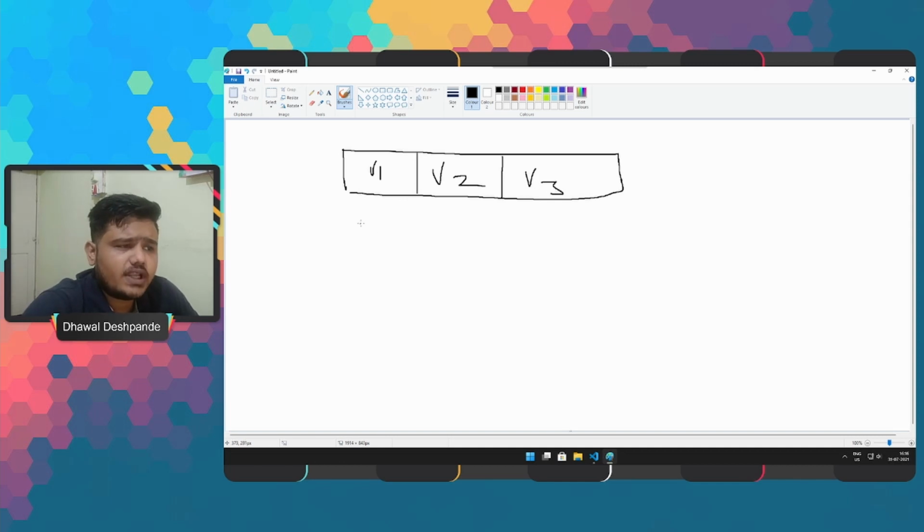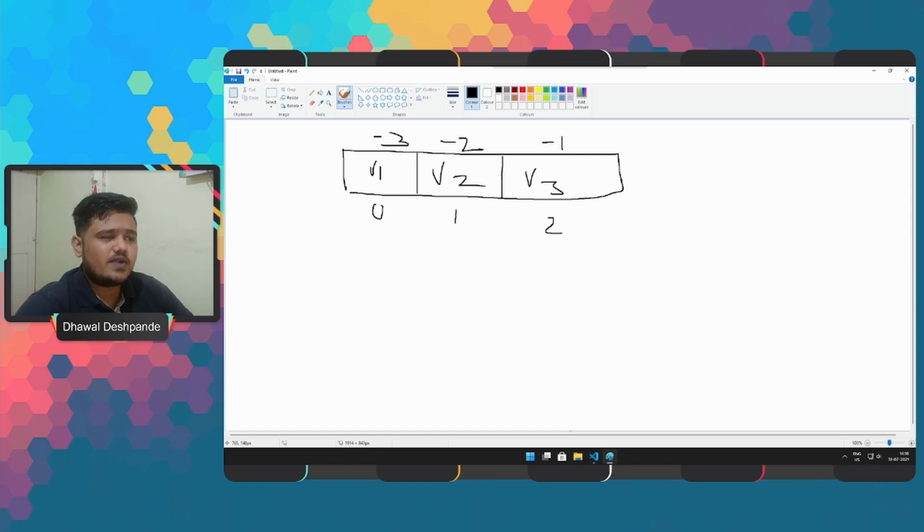When we talk about index or positive index, it starts with 0, then 1 and 2. When we talk about negative index, it starts with -1, and the rightmost or last value is assigned -1. So value 3 or item 3 will be assigned -1, then -2, -3, and so on. This is very important to understand because there are certain times where we have to use the negative index while programming.